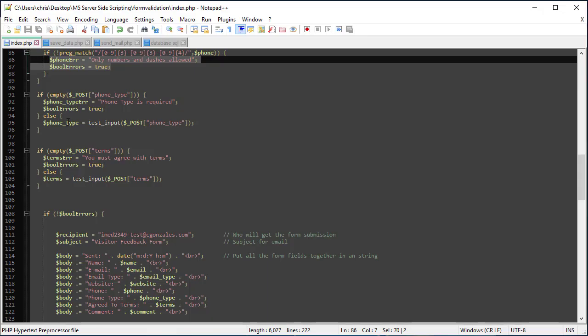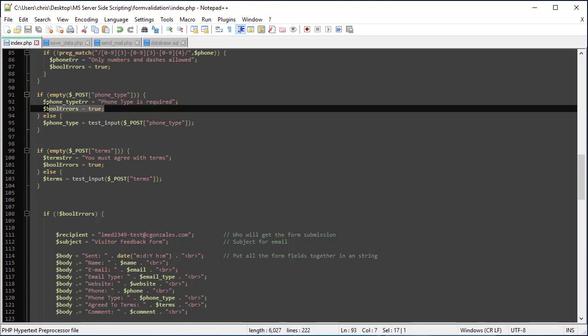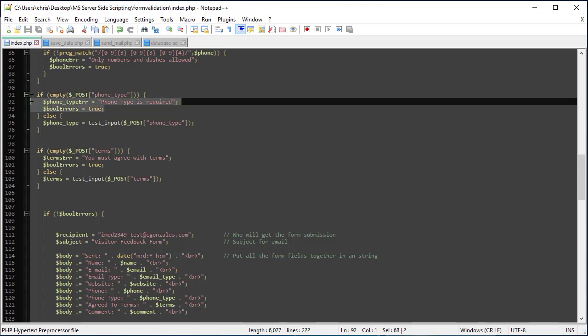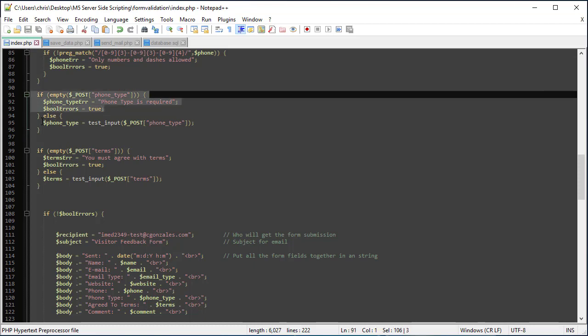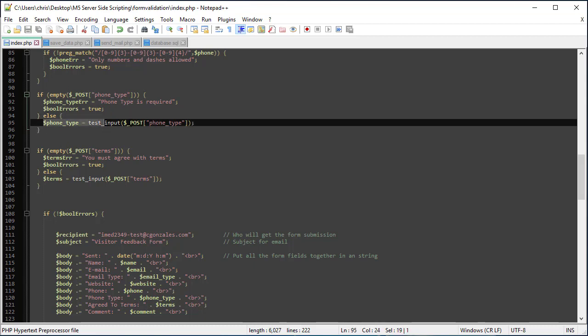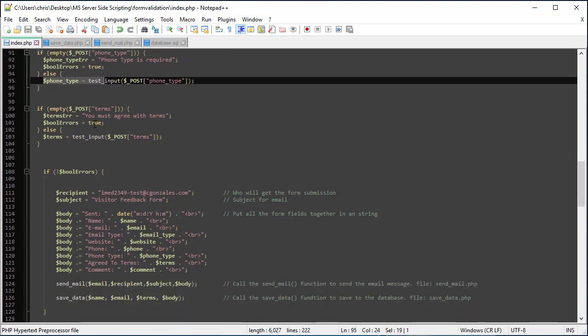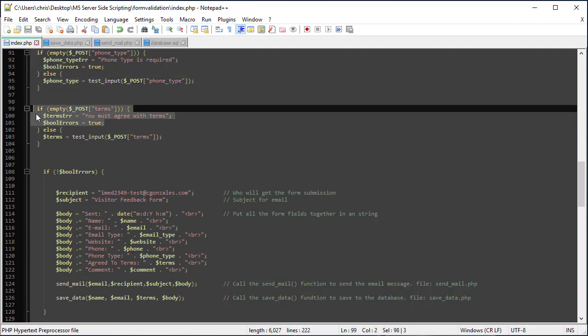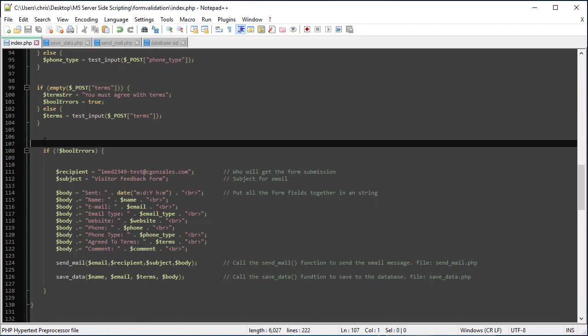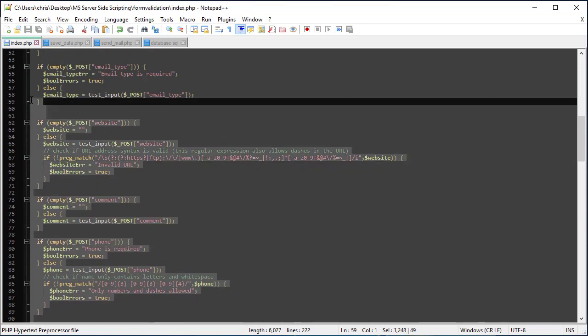So with phone type, we're only making sure that it is filled in because it's required. If it is, we just sanitize the input and save it to our variable. Our terms, the same thing. Make sure it's required. If it is, we sanitize the input and save it to our variable terms so we can use it later. And if it makes it through all those,